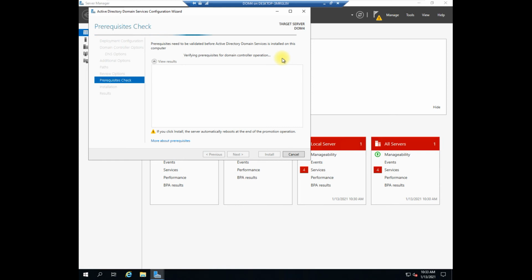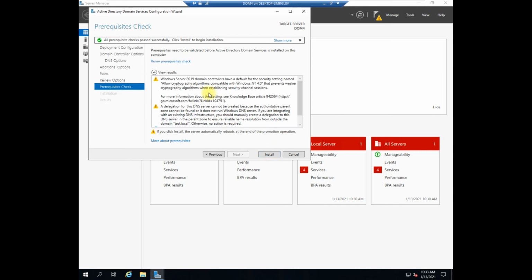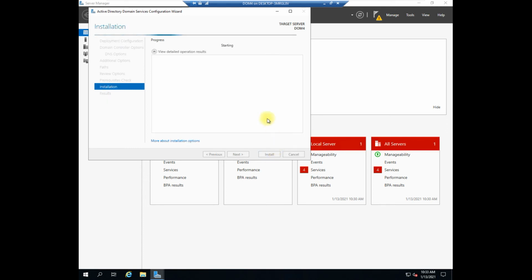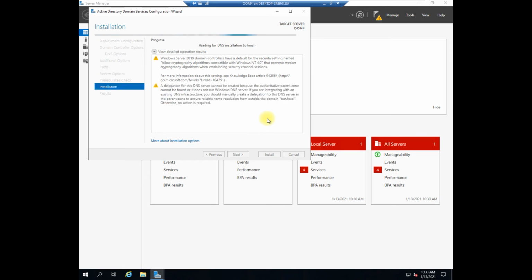So all the prerequisite checks passed successfully, and I can click on install. Make sure this highlighting section, you will get it once everything is completed. It's an indication that everything is proper on my server, and I'll click on install. Now the domain buildup is happening, and once it gets completed, we have to restart our server, and after that our server automatically is a part of the domain itself, so it's called a domain controller. After that, it may take some time to get completed. Once it's completed, it will ask to restart the server.